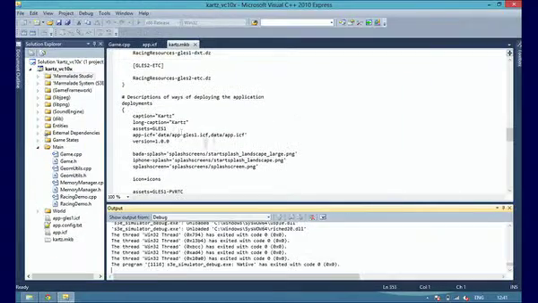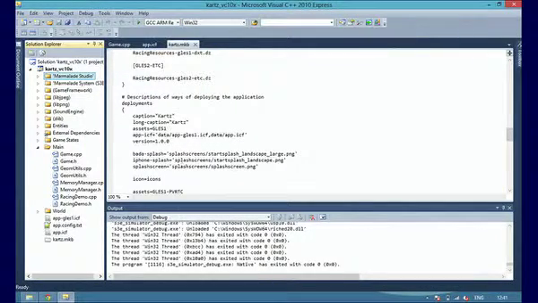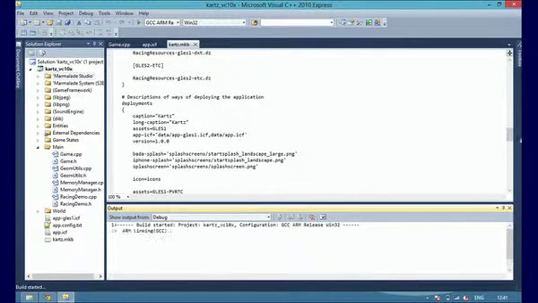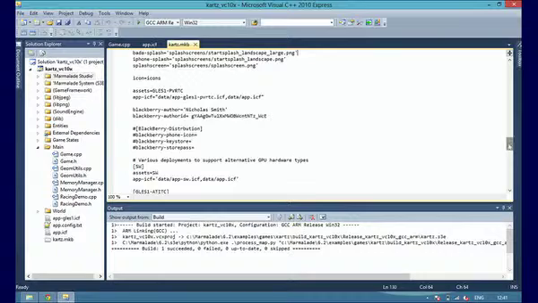So if I shut that down, for device you want to build for ARM, and I'm going to do an ARM release build with GCC. So ARM is the architecture that the BlackBerry 10 device supports. I'll just build that. And then in the deployment section here, for BlackBerry 10 I've just added my author name